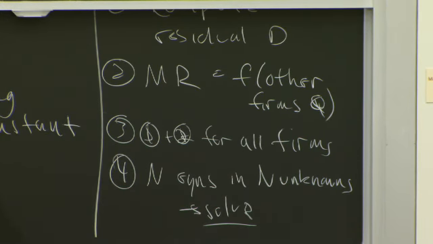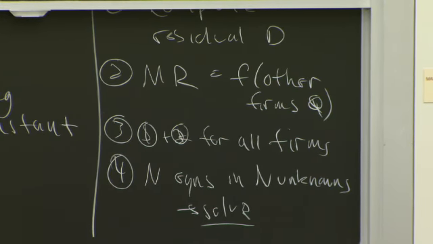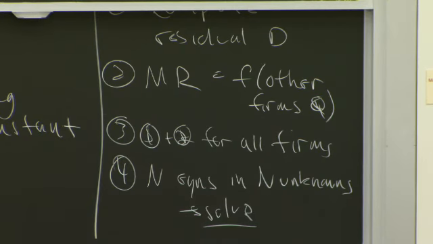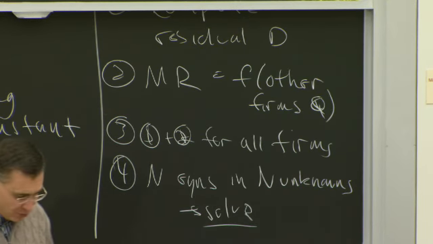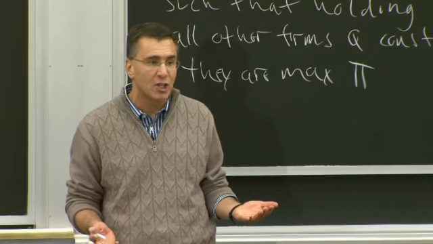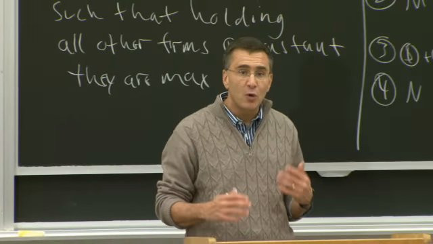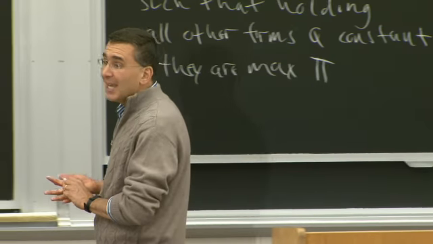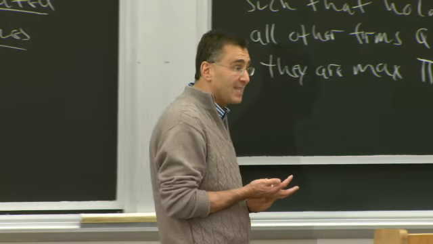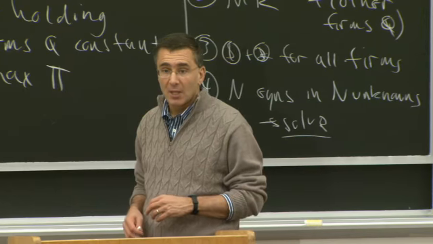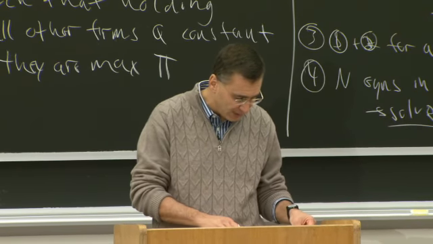Basically, you develop a series of equations where each firm's marginal revenue function is a function of each other firm's quantities. You get one equation like that for each firm. That leads you to n equations, n unknowns, and you solve. If you can solve it, then you reach equilibrium. If you don't have a solution, then there is no stable Nash equilibrium. But if you can solve that, then there is a Cournot equilibrium. What we're going to do today is illustrate this graphically, and we'll work through some more of the math next time. So we'll start by doing this graphically.